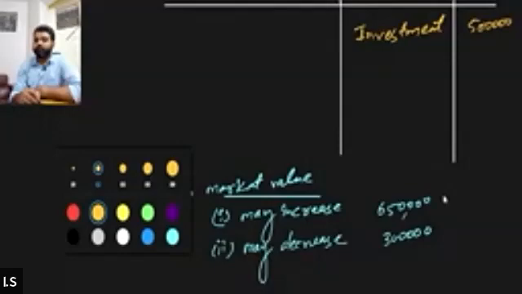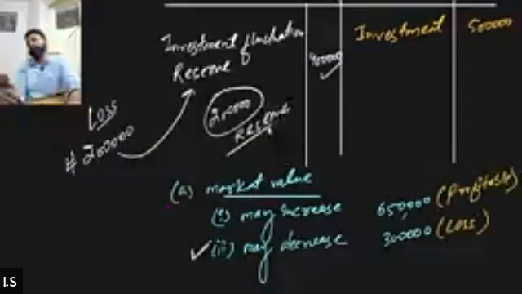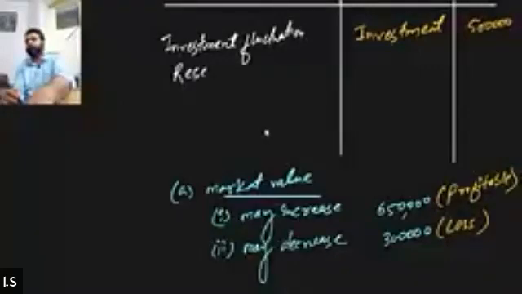Tell me, what are we going to do with the remaining 2 lakh of reserve? We can divide this amount now. Since the loss in the value of investment is of rupees 2 lakh and we have made a reserve of 4 lakh, the remaining amount of reserve can be distributed among the partners. Is that right? Yes or no? Yes. Tell me everyone, is this clear or not? If anybody is not getting this point, I can explain the entire thing one more time. But please confirm whether this point is clear, all of you, or not.